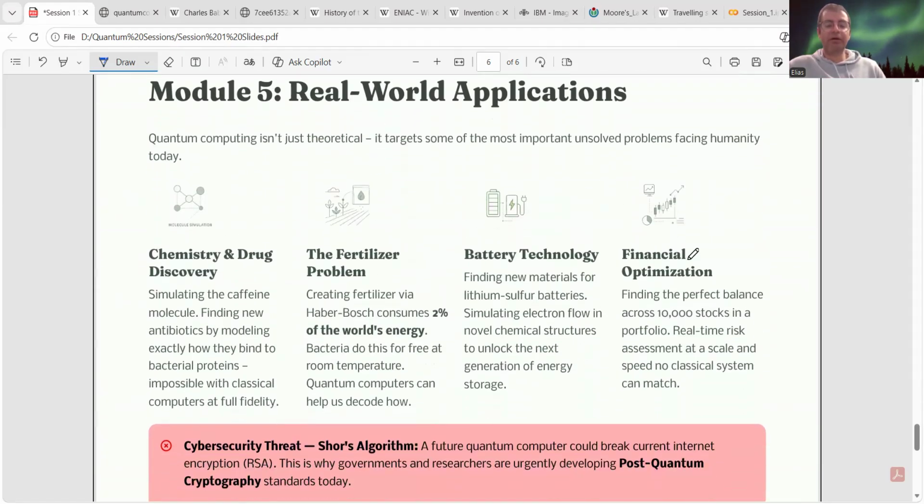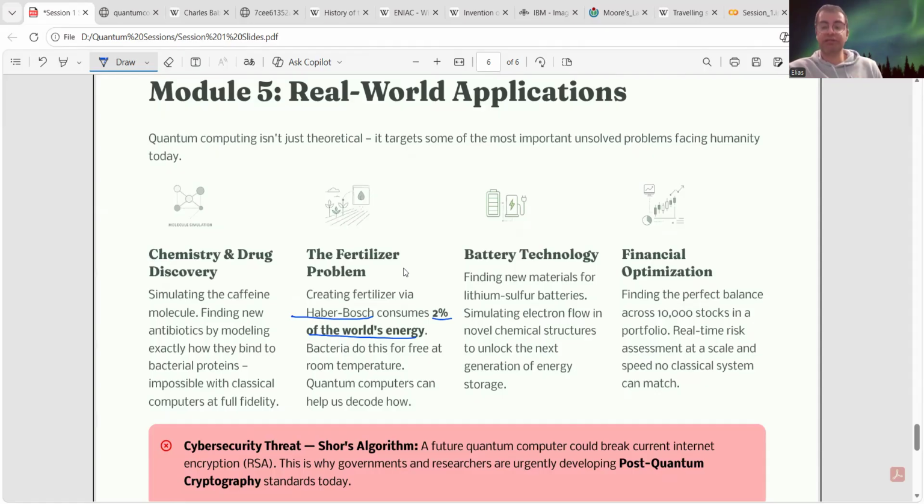So I talked already about the applications, including chemistry and fertilizers. You see, like the Haber-Bosch problem. For example, Haber-Bosch is consuming about 2% of the world's energy. And we know that Haber-Bosch is actually the one that is feeding the world with fertilizer. So what if we can decrease that? What if we can decrease it by 1%?